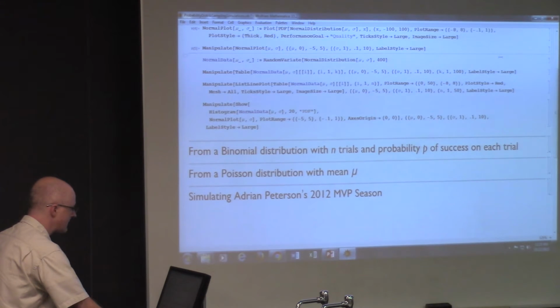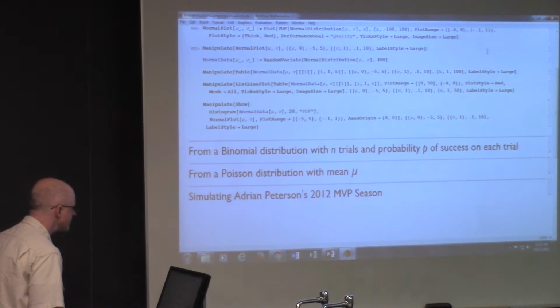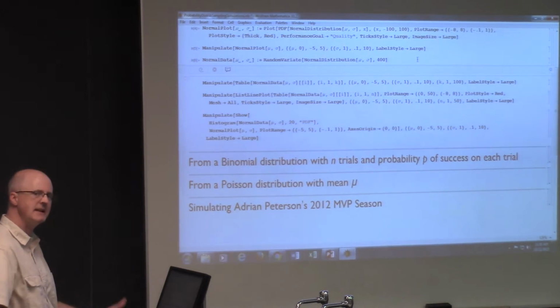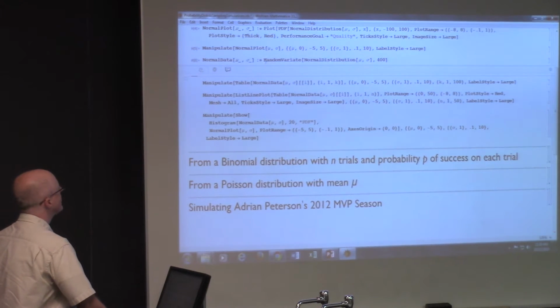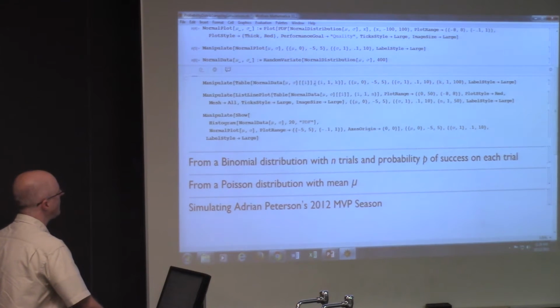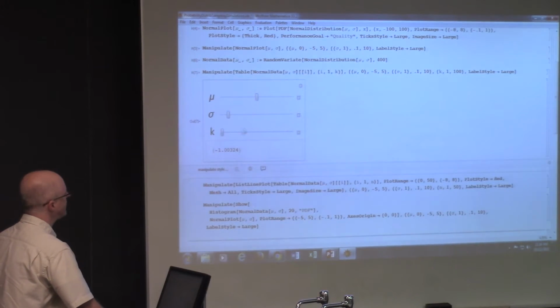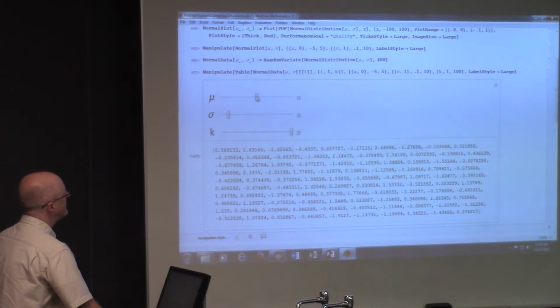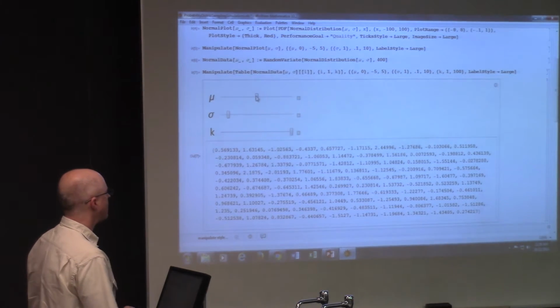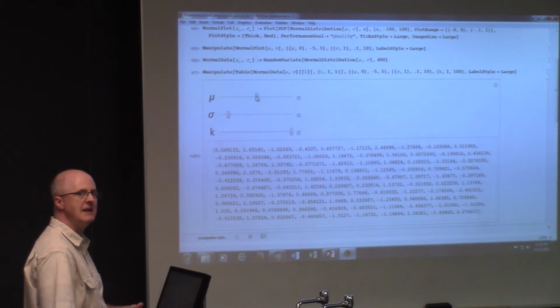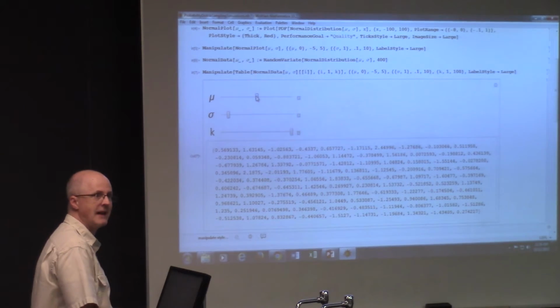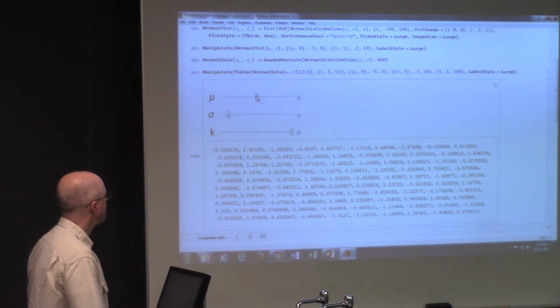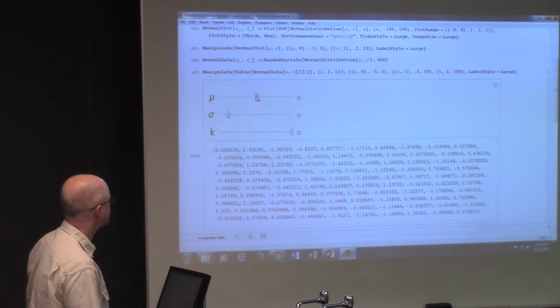So, this morning I was doing something different in that I was also generating simulated data from a normal distribution with a command called RANDBETWEEN. You don't need to worry about what that means, but here is some data that I generated for different sample sizes. K is the sample size here. Okay, that's standard normal data. I'm pretending that this has been generated by doing some actual experiments where you gather data about a standard normal random variable. You can see about equally many positives as negatives, and they are all mostly between -2 and +2.